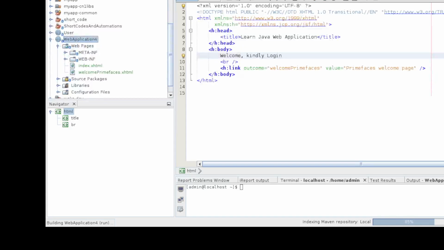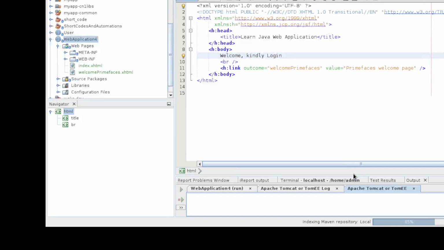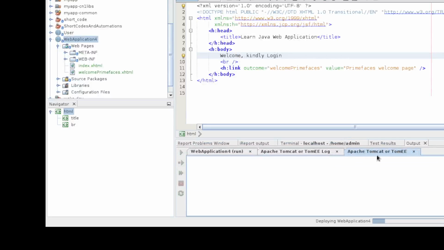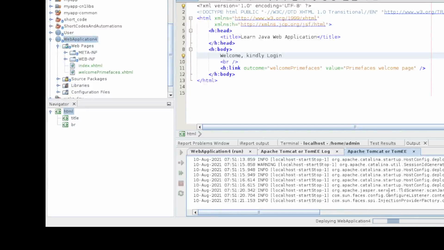Down here you can see that it is running. You can always cancel this. We don't need that Maven. You can see that Tomcat is starting. You can see the logs from Tomcat down here, and the application is being deployed now from the IDE to the Tomcat.